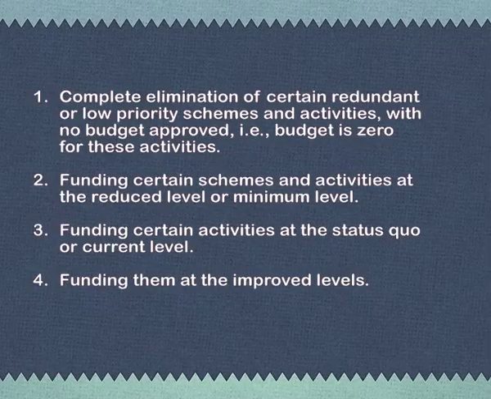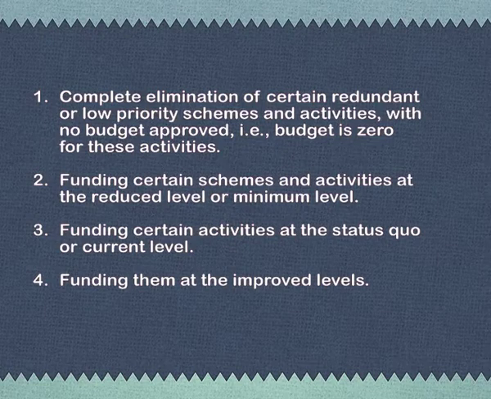By raising these hard questions in the budget exercise, the final outcome of this highly structured and systematic analytical process may lead to: number 1, complete elimination of certain redundant or low priority schemes or activities with no budget approval, that is, budget is 0 for these activities. Number 2, funding certain schemes and activities at the reduced level or minimum level. Number 3, funding certain activities at the status quo or current level. Number 4, funding them at the improved levels. In other words, deciding which of these funding levels from 0 to a significant increase is appropriate for the different